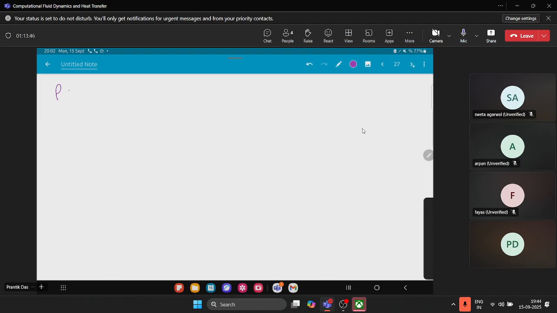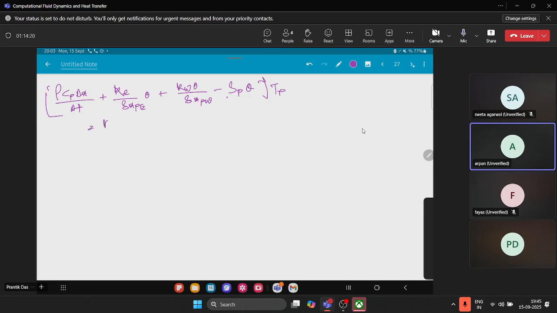So this rho Cp delta X by delta T, I'm rearranging the equation that I've written in the previous slide. So Ke delta X Pe and this theta, plus Kw theta delta X Pw, minus SP theta, and this TP. Now you can see that if SP is negative, then it is coming to be positive, and the coefficients of TP actually lie along the diagonal. So Ke delta X Pe multiplied by theta P,